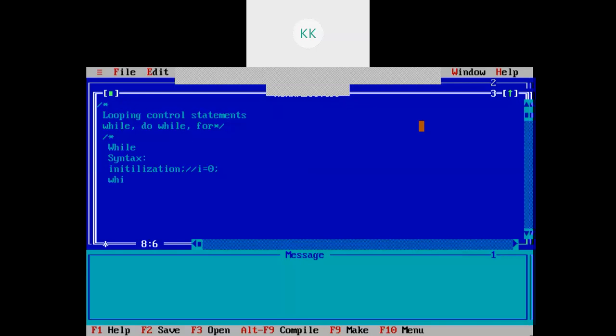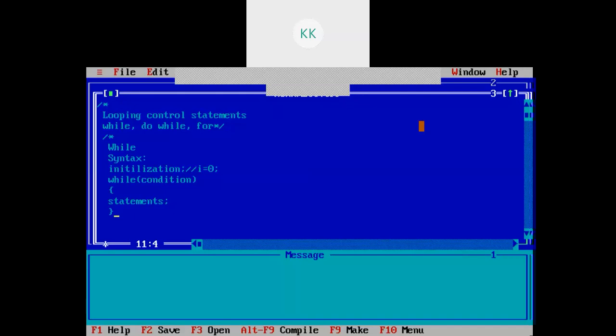Then while, and then condition, and inside this while loop you will have one or more statements, and end of the while loop.